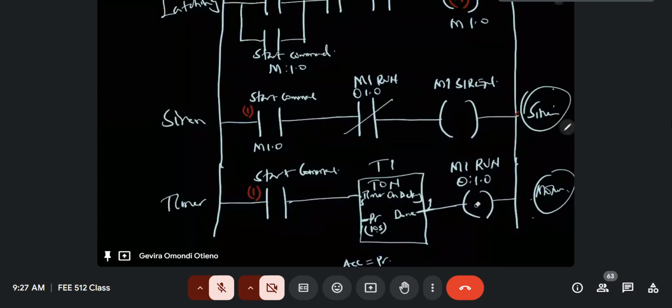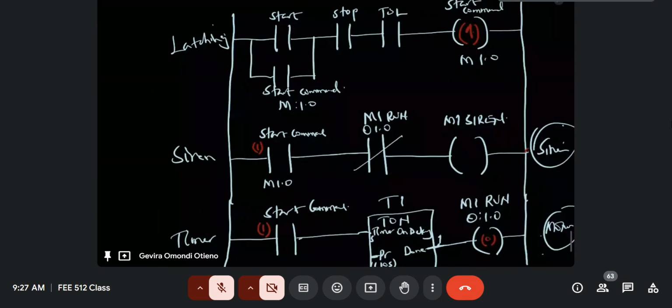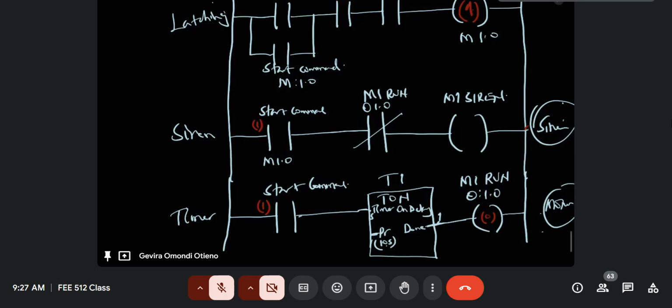Remember, this is 0 because it's not running. Initially, the motor is off. So the logic state there is 0. But because we pressed the push button, we are having the start command, rung number 1. At the end, we have logic 1. Rung number 2 at the beginning, because it's the same memory location, it's logic 1. Rung number 3, again logic 1, because it's the same memory location. They are all M1. Even this one is M1.0,